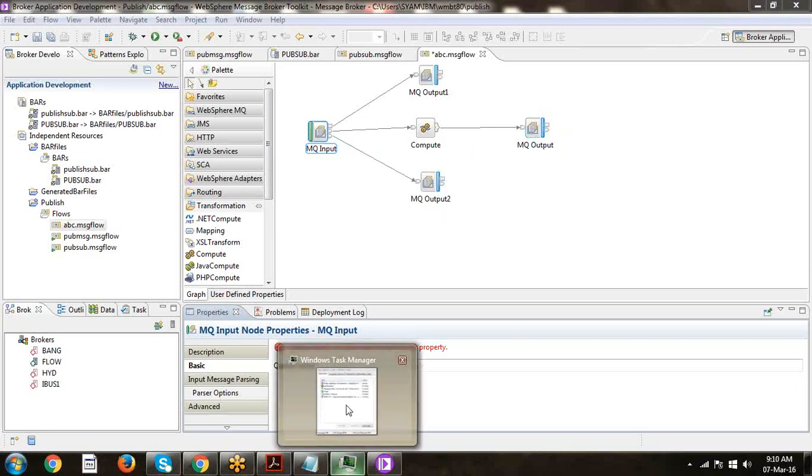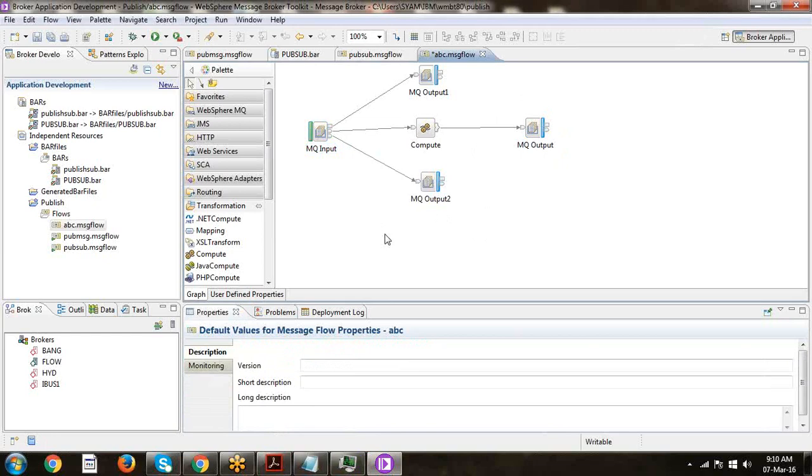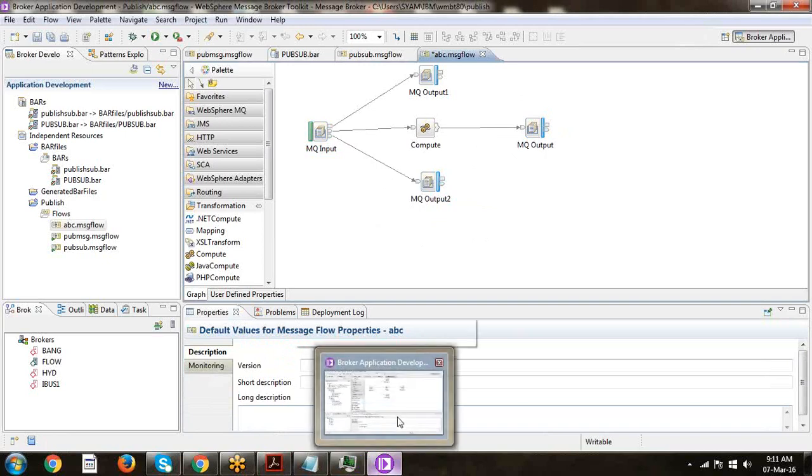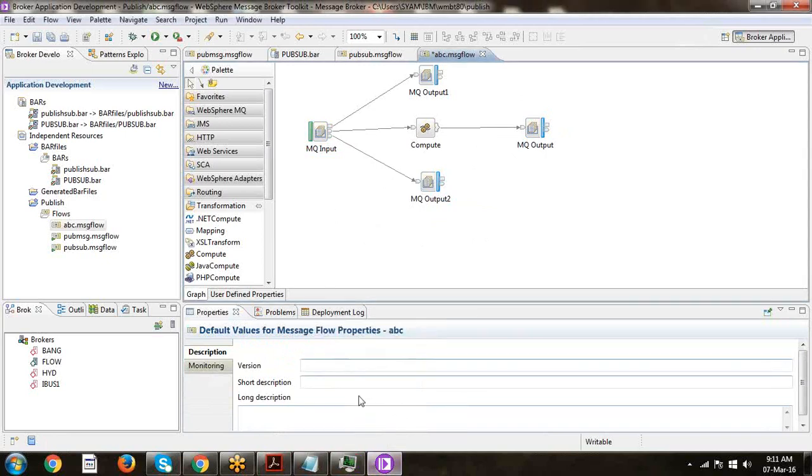So that is the advantage of the backout queue. The backout queue is application specific. You are trying to write a message into the destination, but some issue happens and it throws some exception. You can try one more time to put the message into the destination using the backout queue. Okay, now I got it. For resending we are using the backout queue, is it? Yeah, resending again.